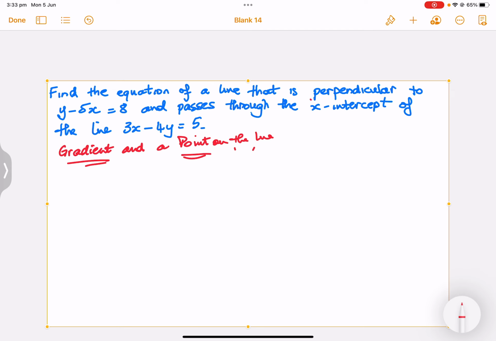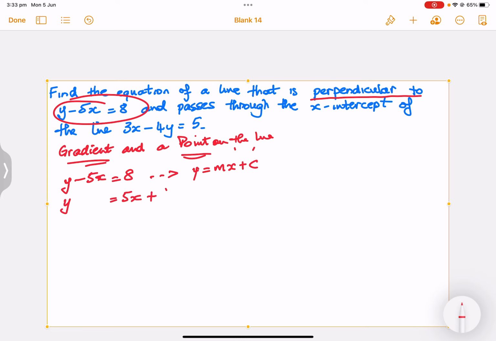Well, we're told that it's perpendicular to this line here. That line there has a gradient of, let's put it in y equals mx plus c position. So we've got y, take the 5x across, the minus 5x to be across. There we've got y equals mx plus c. So the gradient for this line is 5. So the gradient of that line is 5. Therefore, the perpendicular gradient